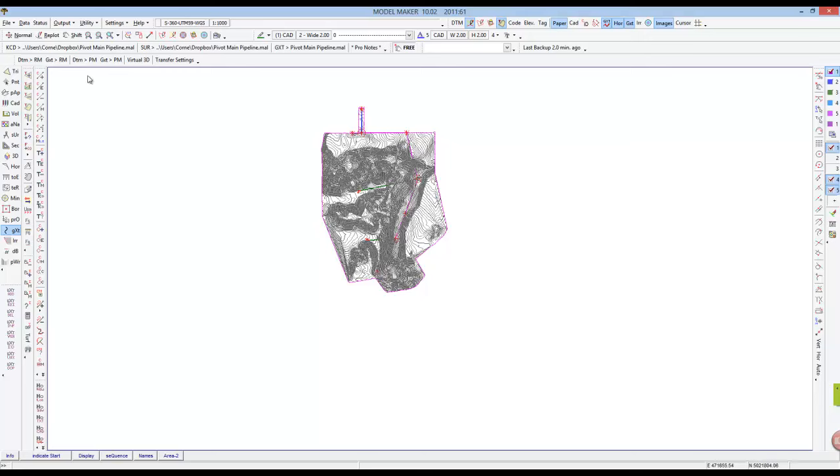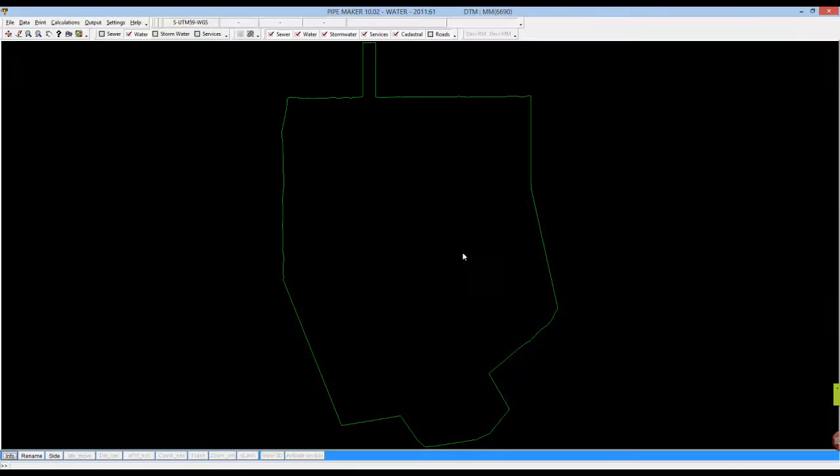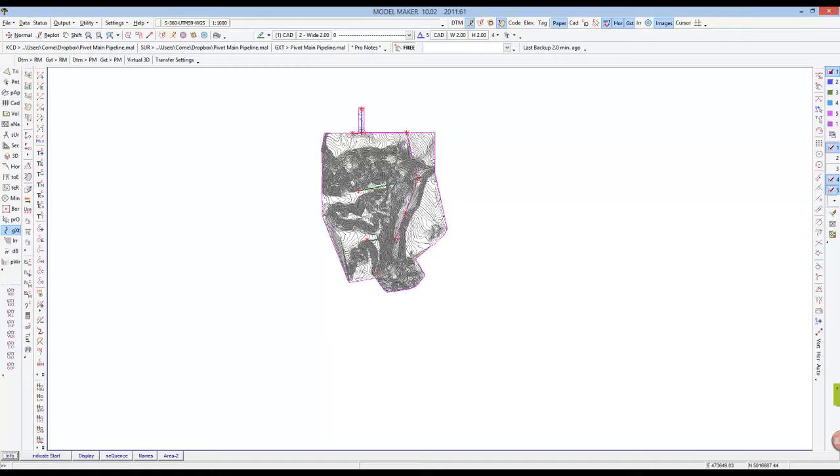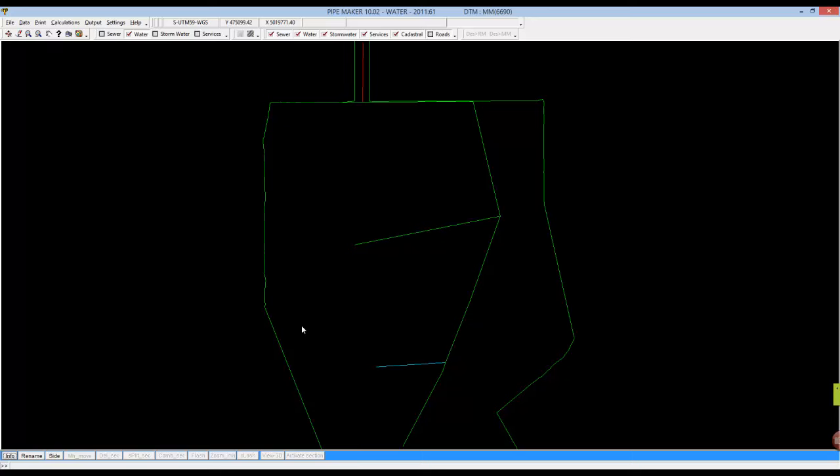So we would go to DTM to Pipe Maker, and that is done. So if you go to Pipe Maker, you'll see the outline sitting there. You won't see any contours in Pipe Maker. And then we would go to Strings to Pipe Maker. Right, so the whole pipeline laid out for us. I would now activate my first, excuse me, my first segment,